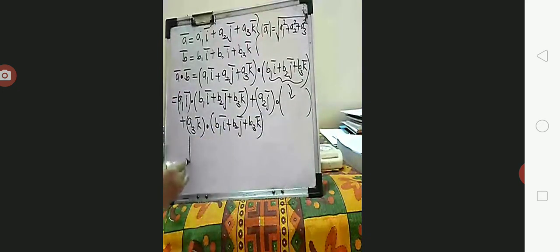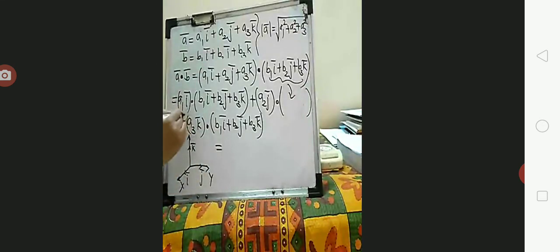So we have these vectors in the three-dimensional plane, along x, y and z. Along these axes we have i bar, j bar, and k bar. So you can take the dot product between the two vectors. What are these a1 and b1? They are scalar values, correct? So you can take those values outside.